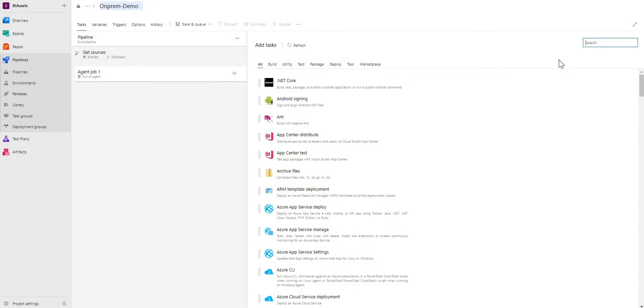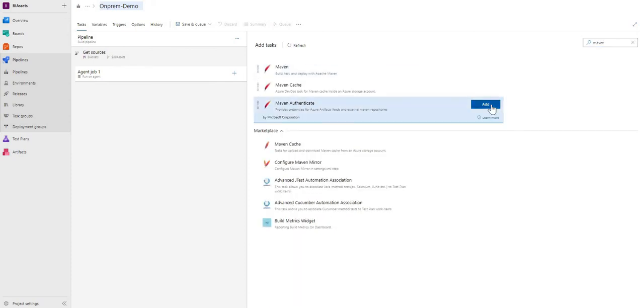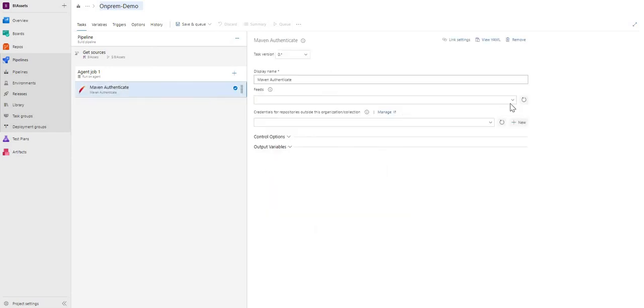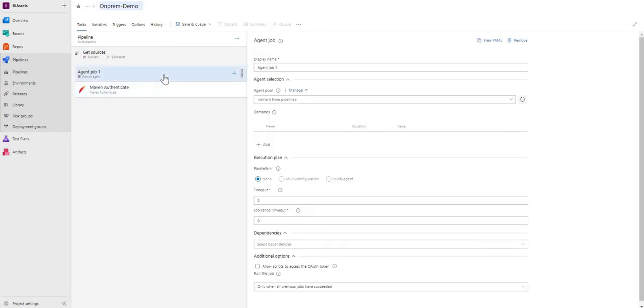So our first step would be to provide the Maven authentication for the Artifactory. So our feed would be CI/CD. And this is our collection. So once you create one on Artifactory, you will also be able to find it here.